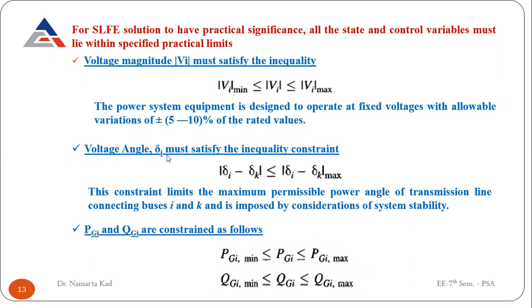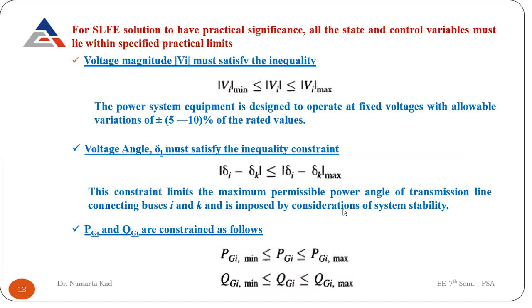And the voltage angle delta i must also satisfy the inequality constraint, like delta i minus delta k must be less than some maximum value that is specified in the numerical or in any station. So this constraint limits the maximum permissible power angle of the transmission line connecting the buses i and k,